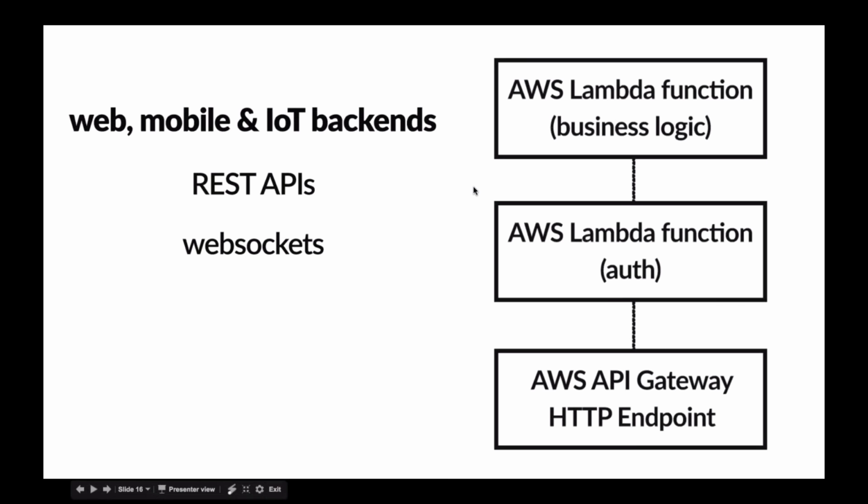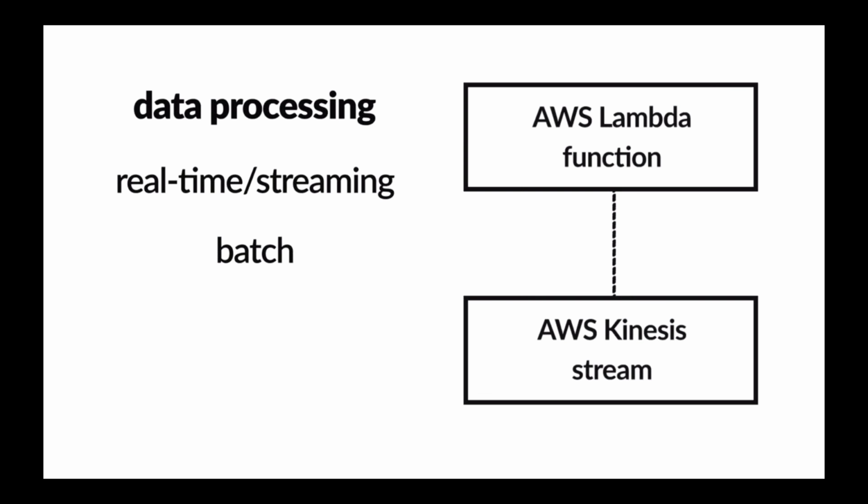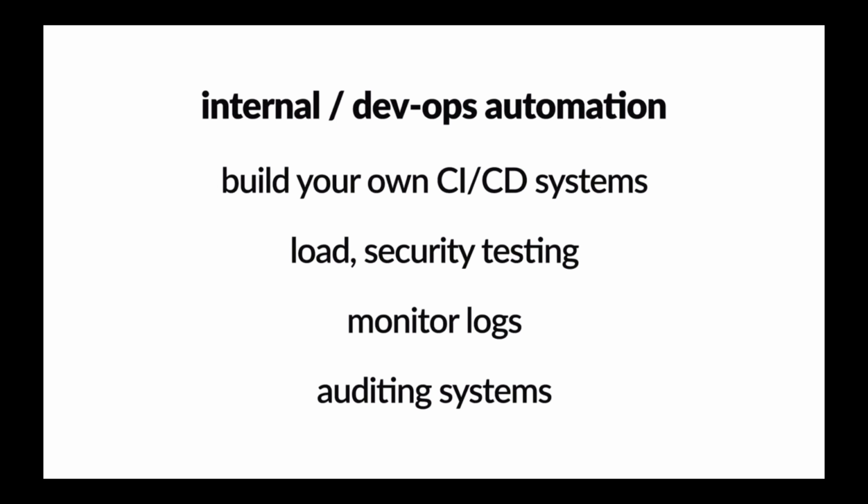Again, the ability to build REST APIs that, a lot of them won't even really charge you until people hit those URLs is pretty powerful. It's pretty efficient. Data processing, Lambda was started as a data processing tool. You could do a lot of this with the framework. It's very easy to hook up a Kinesis stream or DynamoDB stream to an AWS Lambda function.